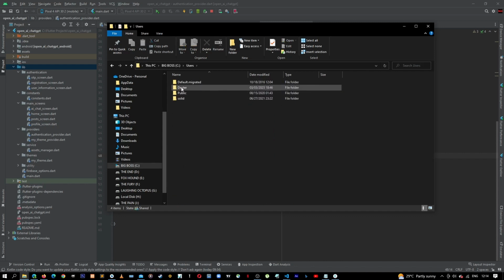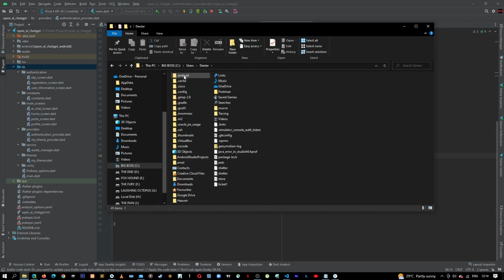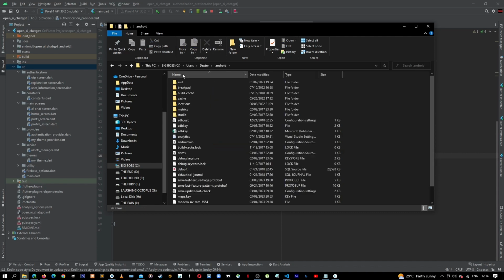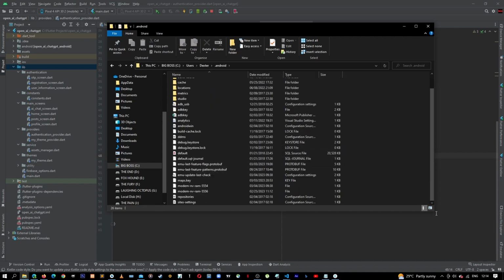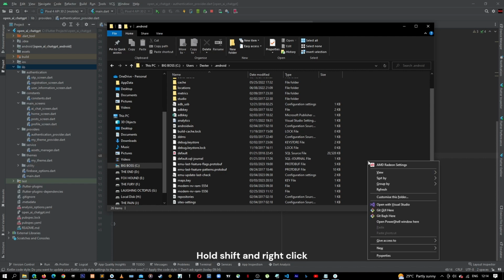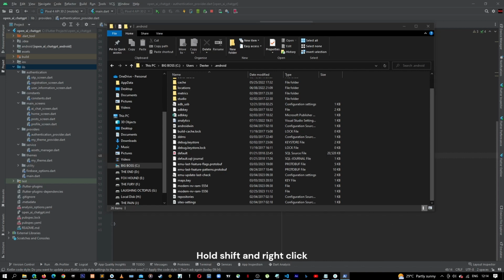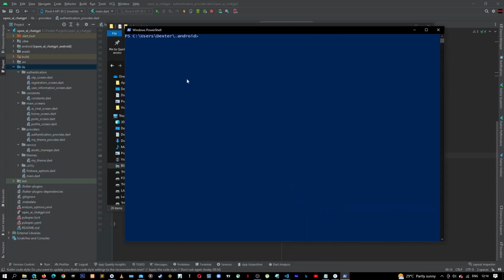Here in my C drive, I'm going to go to my users. I'm going to my username, and then inside the android folder, I'm going to click the shift key on my Windows and then right click here. Then I will open PowerShell. So once my PowerShell is open inside the Android folder, I'm going to just type this code, keytool